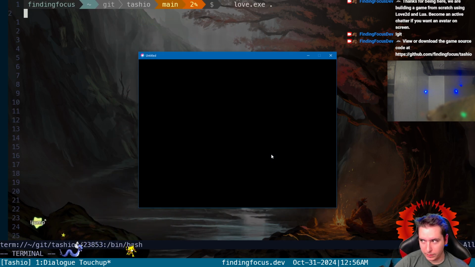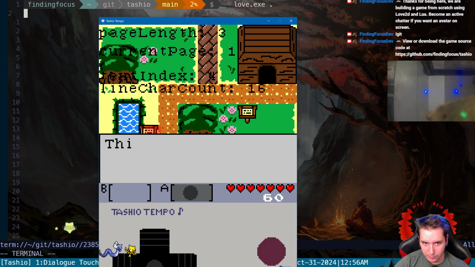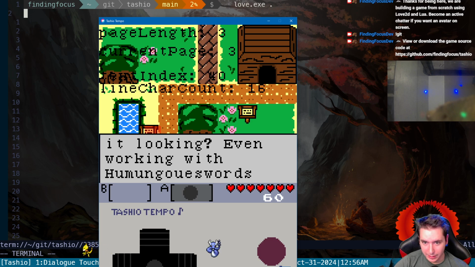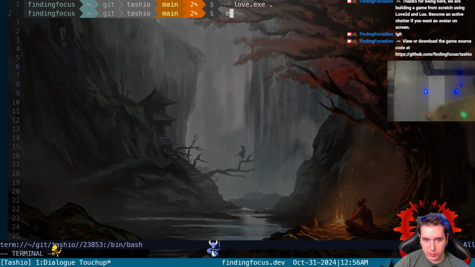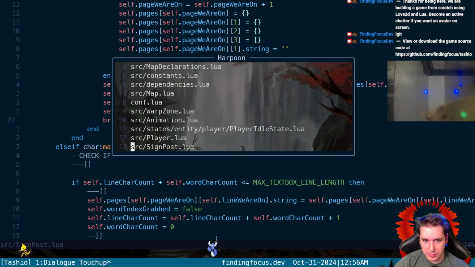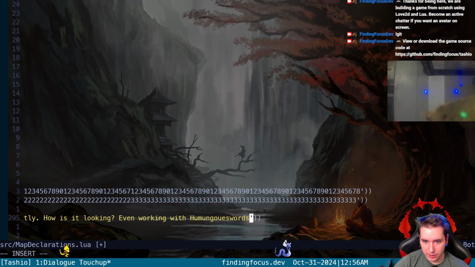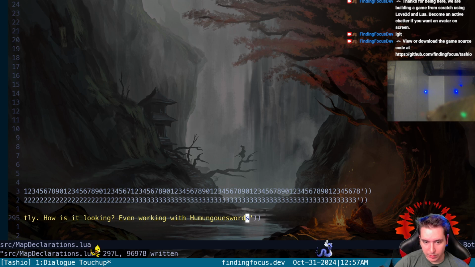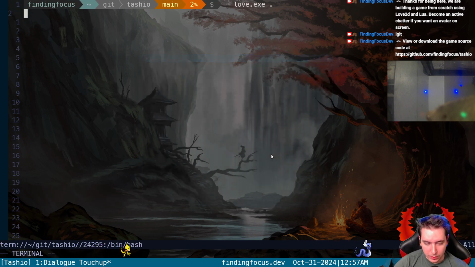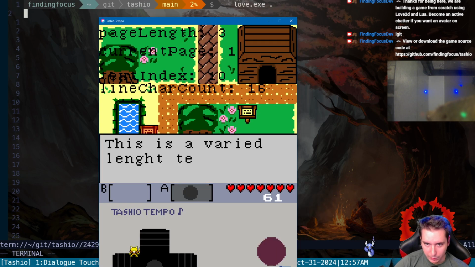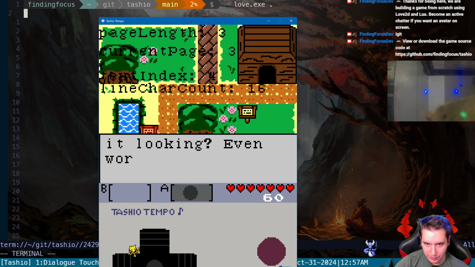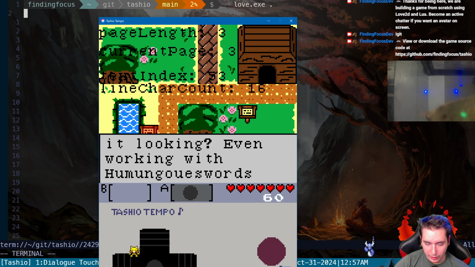Let's see. I don't think that broke anything. In the now, we should see the humongous words at the end there. But the true test is to see if we can get rid of the space right here. And if we can get rid of the space right here, then we know we're incrementing that line correctly, and we don't have to play that game of remembering that a space has to be at the end. Okay, that did work,